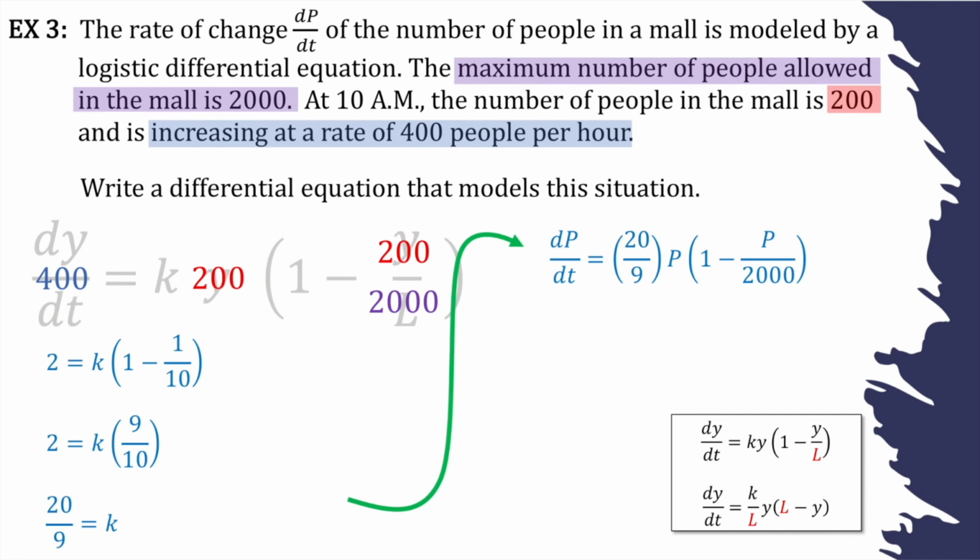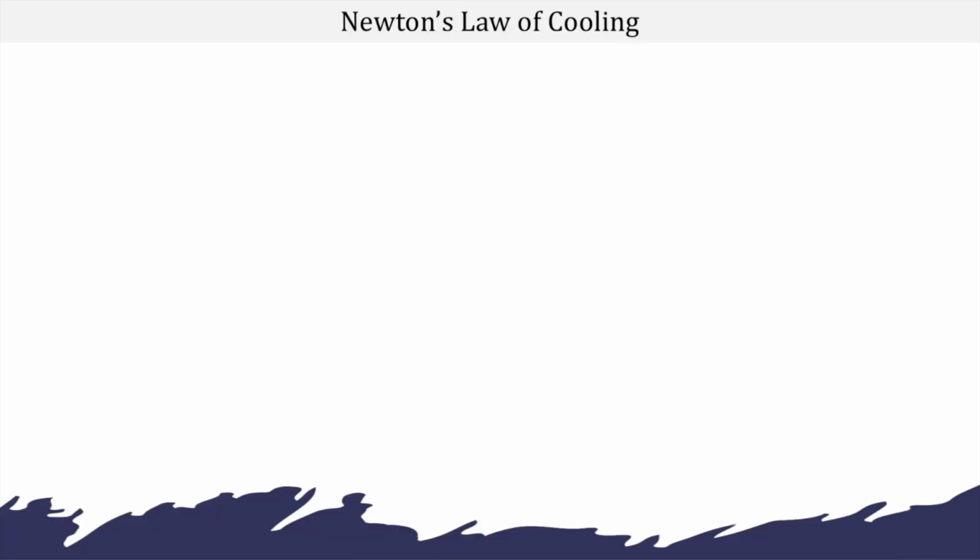dP/dt equals 20/9. There's k, there's P, (1 minus P over 2,000), and that's our limit. You could have also done a different algebraic manipulation of that, perhaps if you prefer that second version of the differential equation. So we've covered exponential growth and decay, we've covered logistic growth,